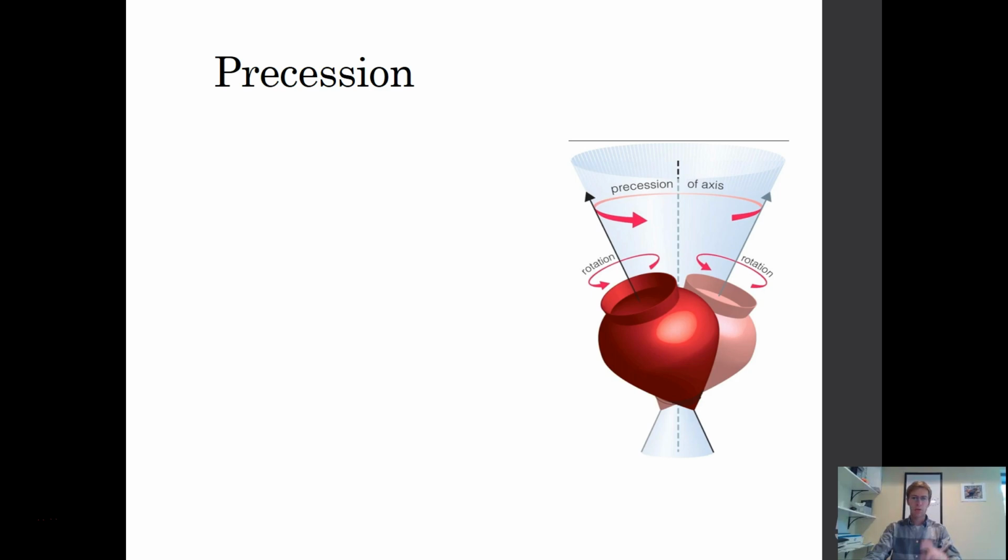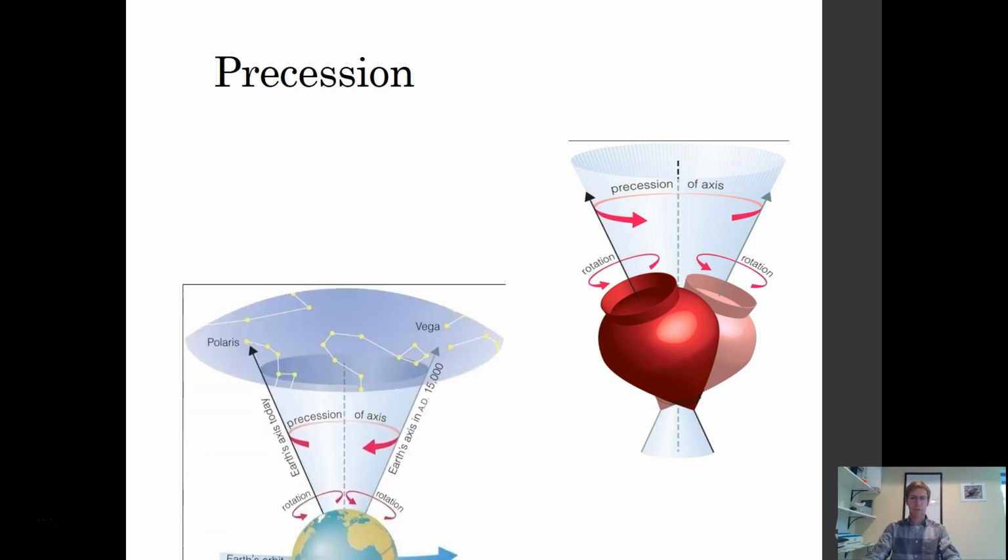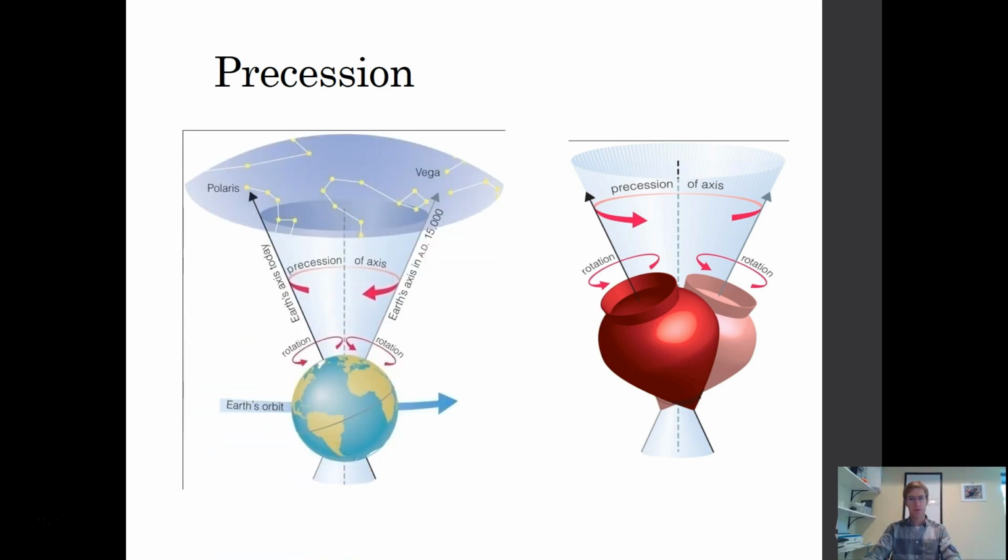So not only do tops wobble as a result of precession, but the Earth is actually doing the same thing, right? We're like a top spinning in space. Once every 24 hours, we spin around our axis. So our axis is actually changing where it's pointing in space. And while right now it's pointing towards the star Polaris, approximately, which we refer to as the North Star, if you wait for a solid 15,000 years or so, our axis is gradually changing and will eventually be pointing towards the